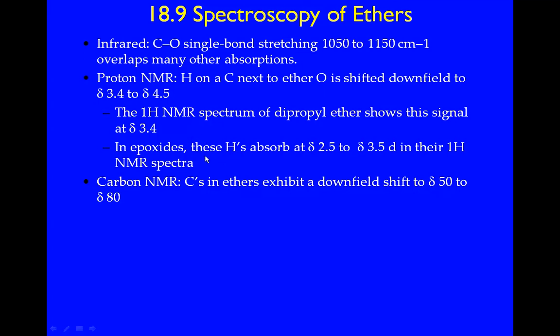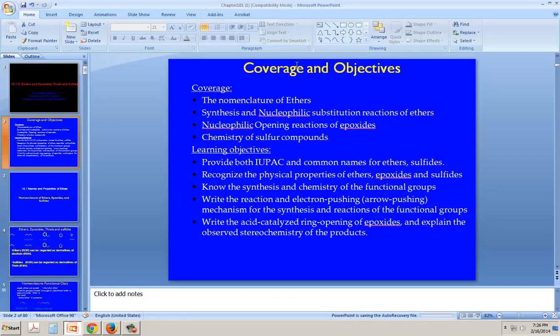And in the epoxide case, the hydrogens that are attached to carbons absorb anywhere between 2.5 to 3.5. Again, this is because of the electronegativity of the oxygen. So there is a de-shielding effect because of the oxygen, and you see the peaks for ethers around 3.5. How about in carbon NMR? Carbon NMR, they go up to 50 to 80 depending upon the structure of the ether. Again, the de-shielding effect of oxygen can be seen. In the IR spectrum, you see a peak for the C-O single bond stretching between 1050 to 1150 inverse centimeters. Okay, with that I'll stop here,